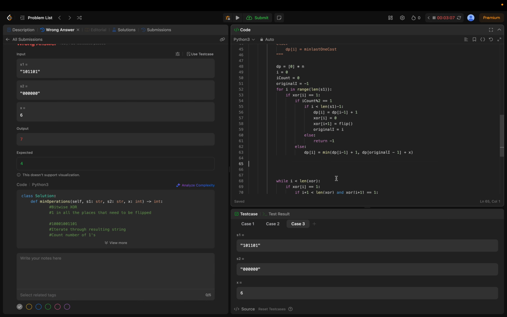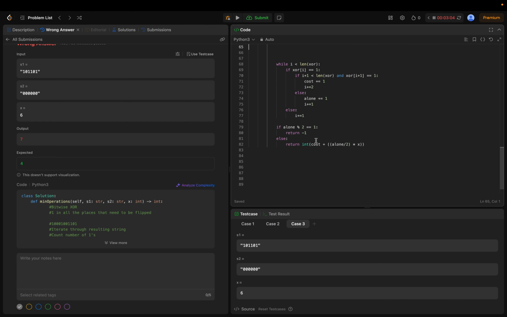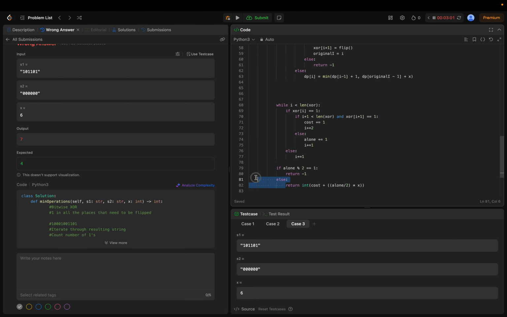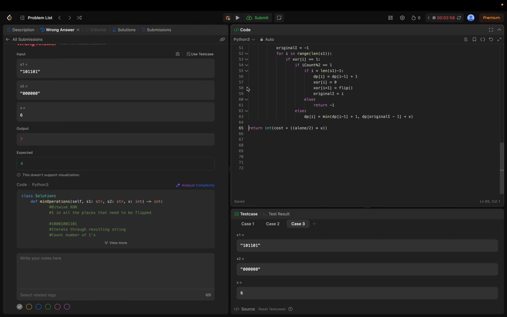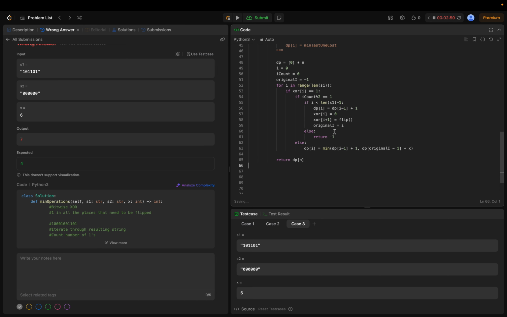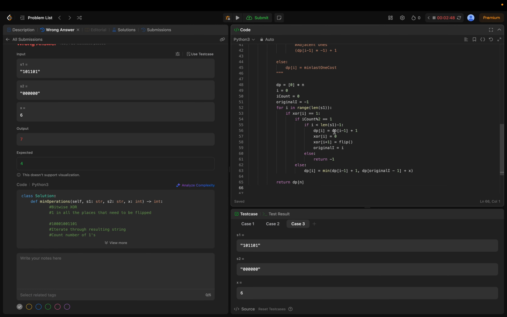All right, and then we return dp n. Oh, I gotta fix the indexes. Damn. Return dp of n. Okay, now let's do some quick index fixing. We're gonna do an n+1. So then I will start at 1. And then wherever I is referenced,